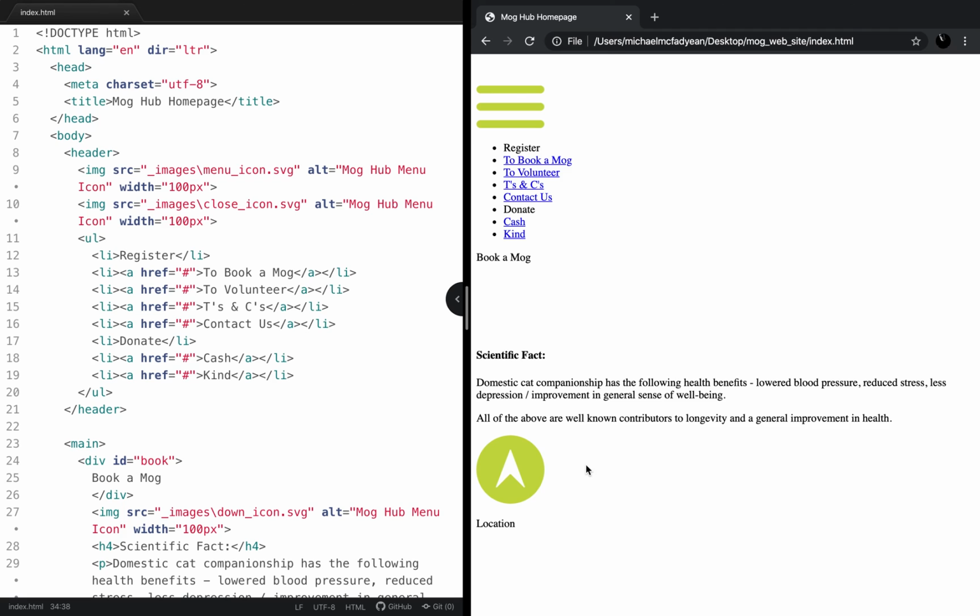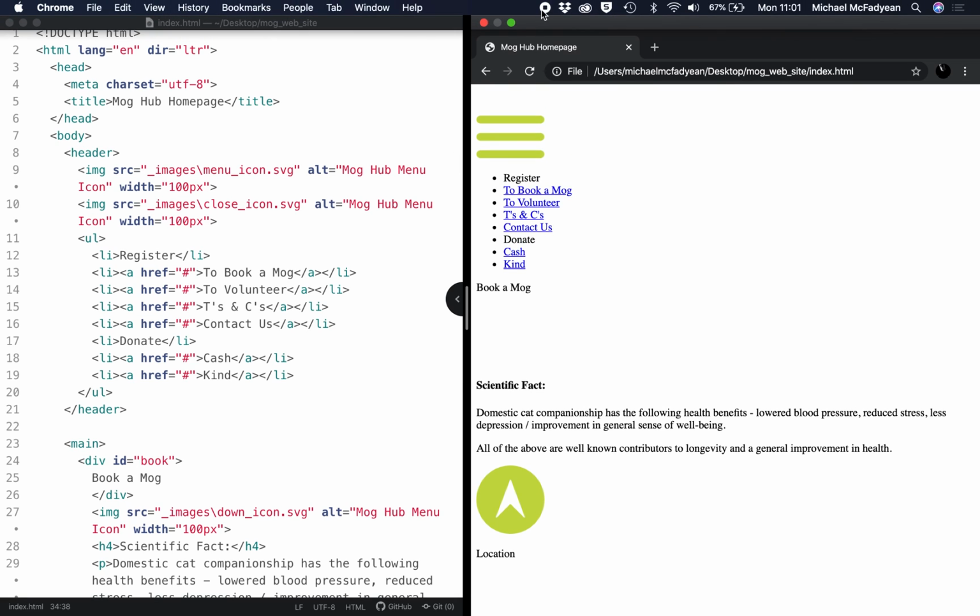HTML is about content, and remember, content is king. Content is what you should be focusing on. Only then do you worry about making it look nice. So that's the first step that I want you to get stuck into today, and then we'll move on to some